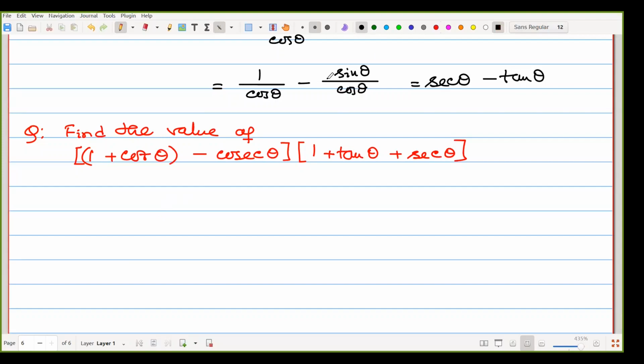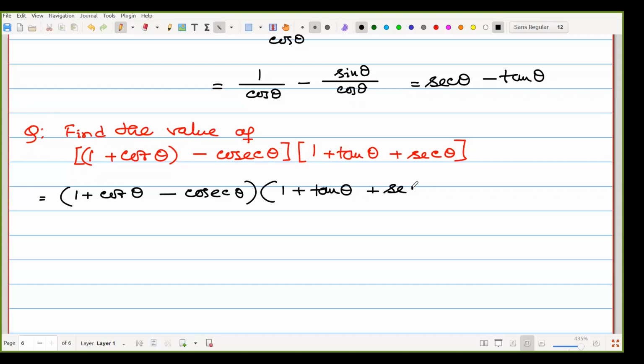Okay, so here I am writing it once again. That means 1 plus cot theta minus cosec theta, into 1 plus tan theta